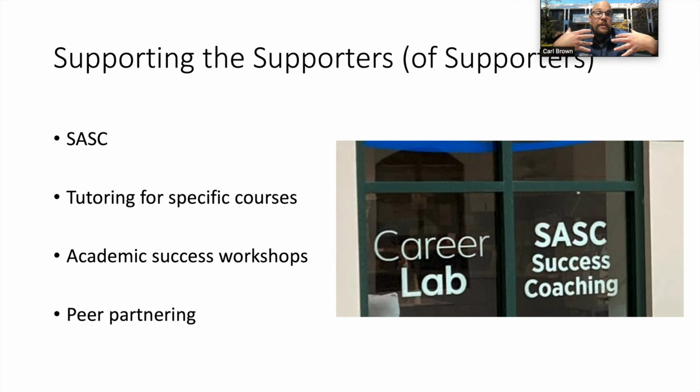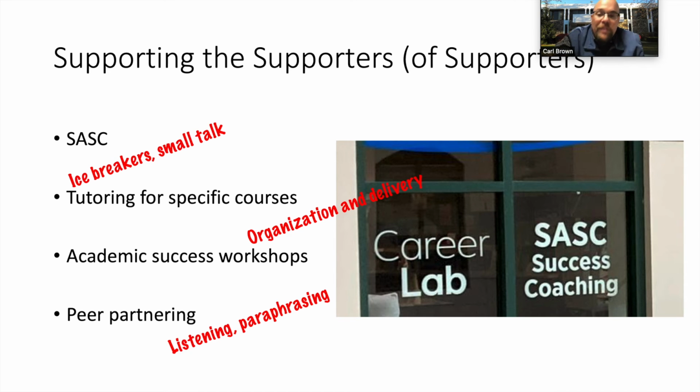So what do we do at the lab to help these folks support our student body? Well, we come and give them a workshop. So when we talk about their tutoring, we train them to do icebreakers, to use small talk to make the client student feel comfortable, at ease, and ready to learn. We help them prepare for their workshops by focusing on organization and delivery. We want to make sure they understand that being clear is more important than being sort of flashy, and that the delivery, while the content may be the key, delivery matters too, and you have to engage your audience.